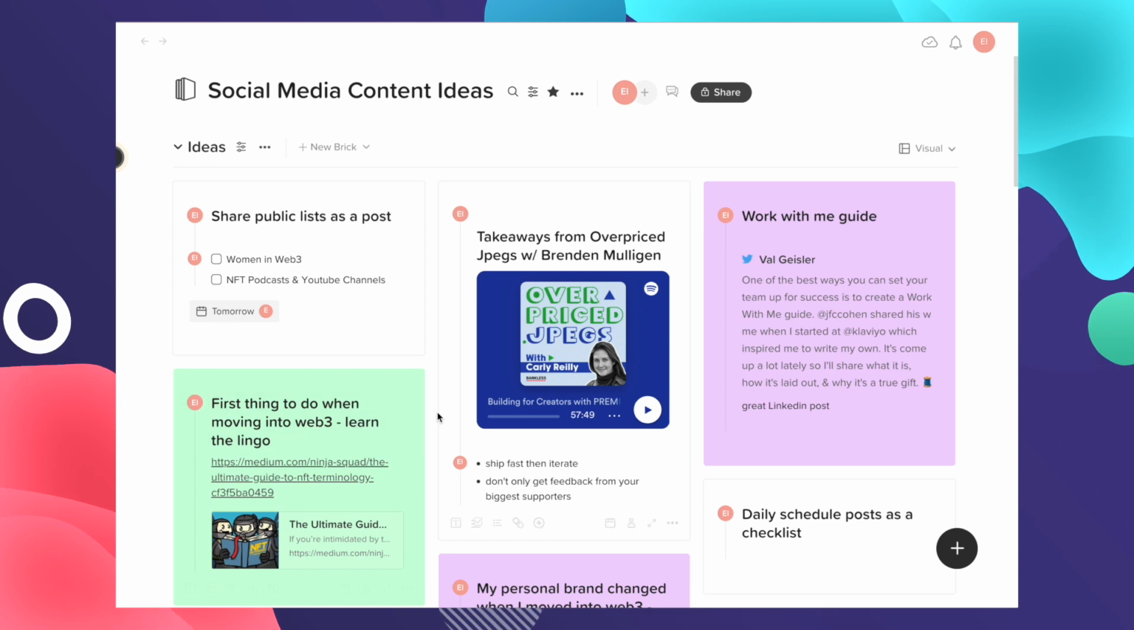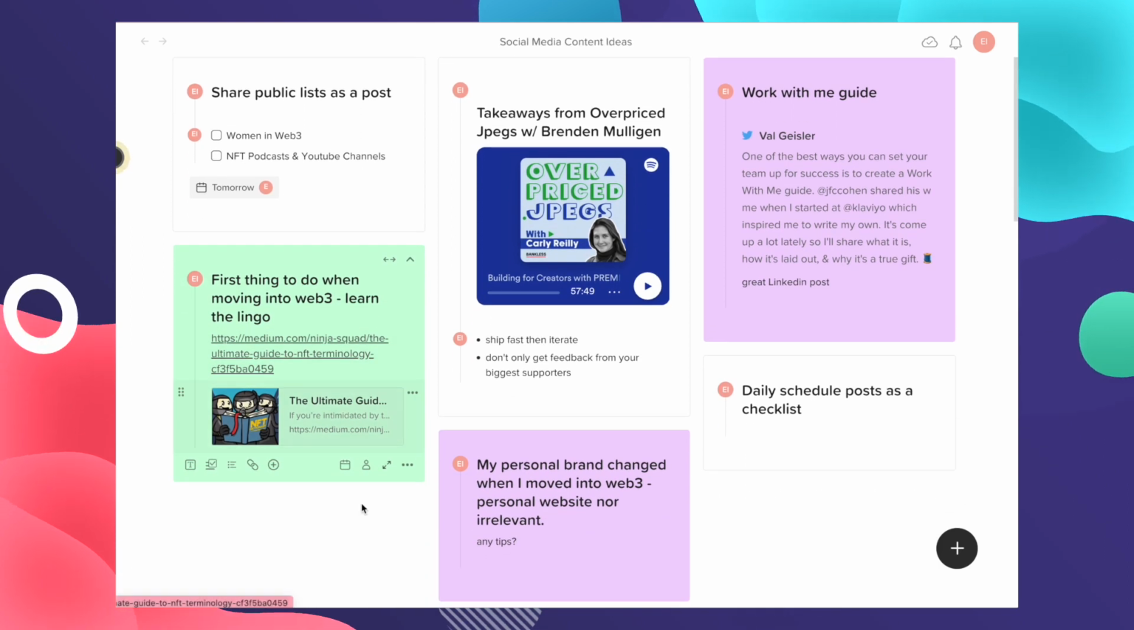Once they're ready to be developed or produced, you can then move your ideas into a database like the Kanban